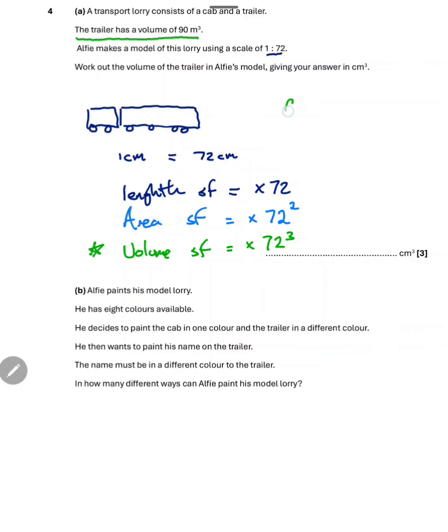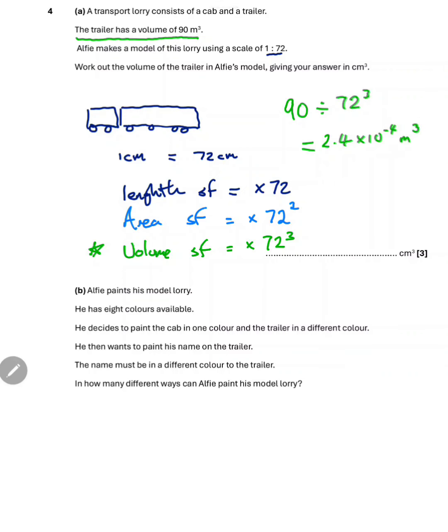What we need to do is take our 90 and divide it by this 72 cubed. All right, if the real life trailer is 90 metres cubed, we're coming down to a smaller version. That's why we're dividing and not multiplying. Again, I'm going to bash this on a calculator. And no surprise, you get a really small number, 2.4 times 10 to the minus 4 metres